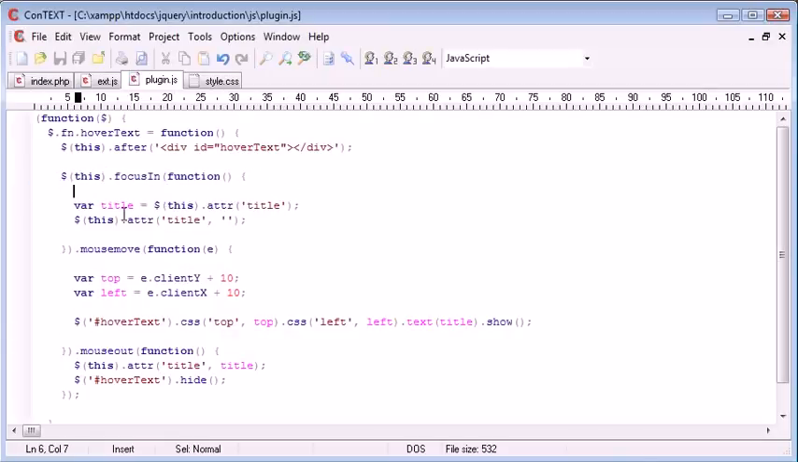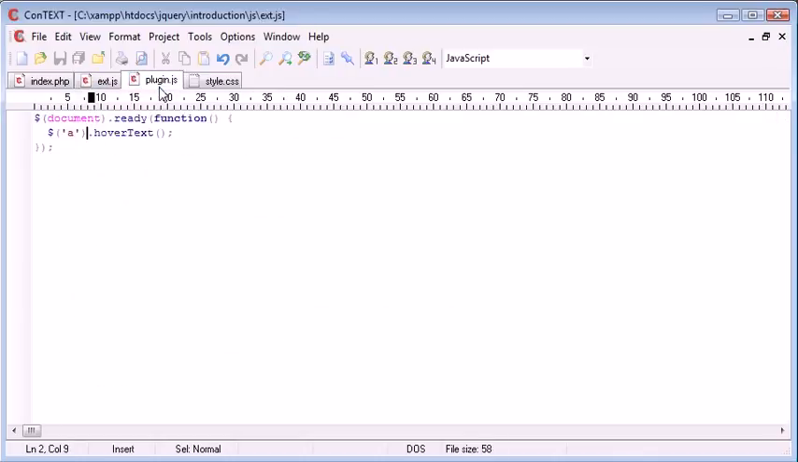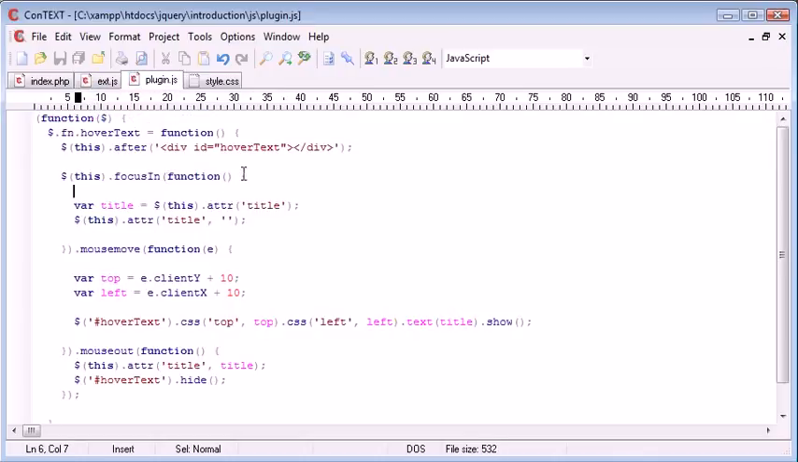So this dot focus in, which would be an a tag focus in function, we've got our function block there that lines up. var title is equal to this dot attribute title, and then this dot attribute title is nothing, so we've already grabbed this variable beforehand. Then on mouse move, after we've focused in, we grab these and we place the title in. That was all working, so it must be some sort of small logical error, I think, on my part. Let's just try it without the var. No,